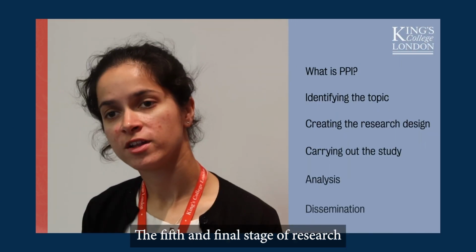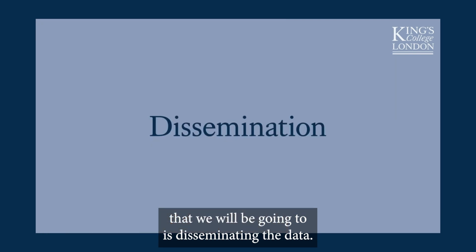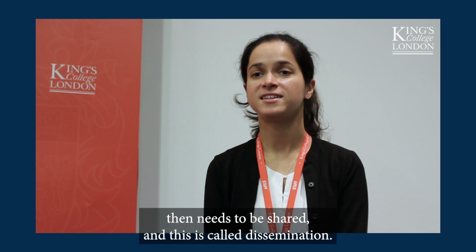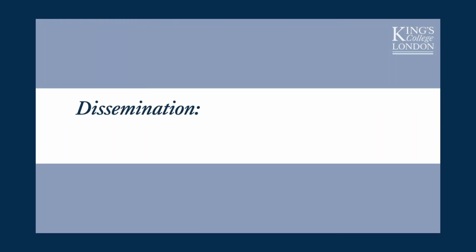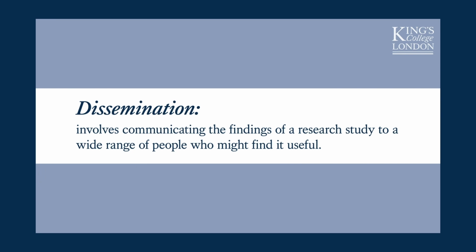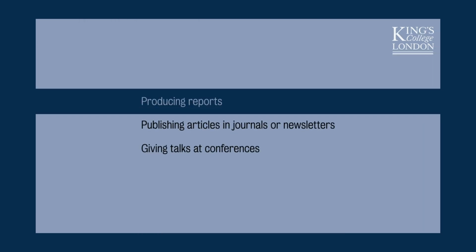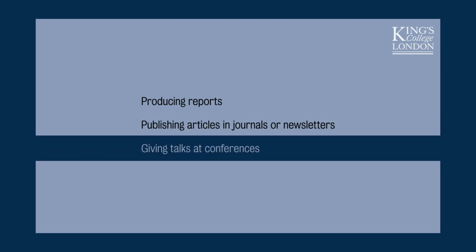The fifth and final stage of research that we will be going through is disseminating the data. Once the data has been analysed, it then needs to be shared, and this is called dissemination. Dissemination involves communicating the findings of a research study to a wide range of people. This is implemented through various methods such as producing reports, publishing articles in journals or newsletters, or giving talks at